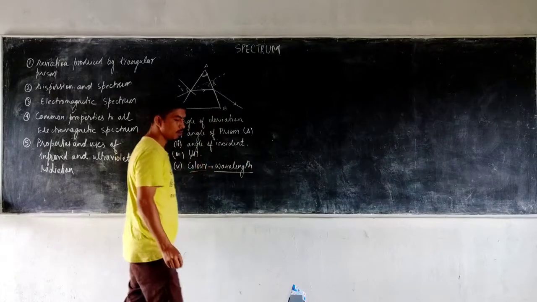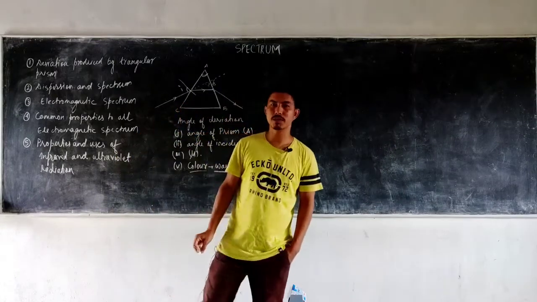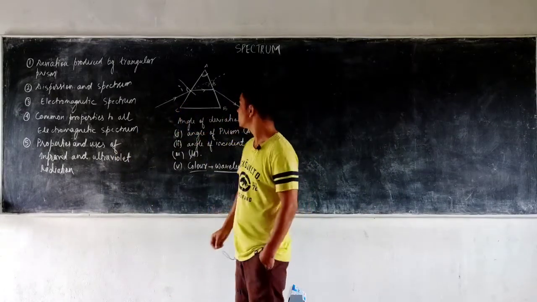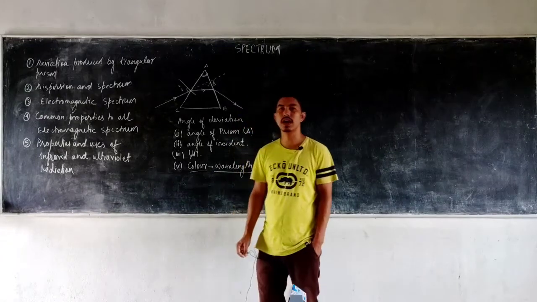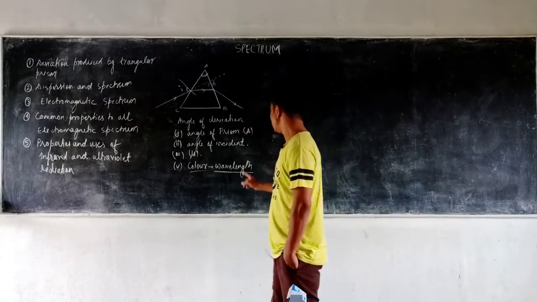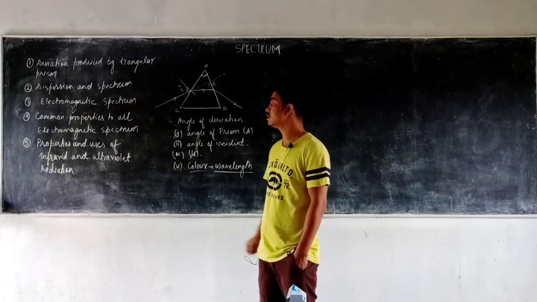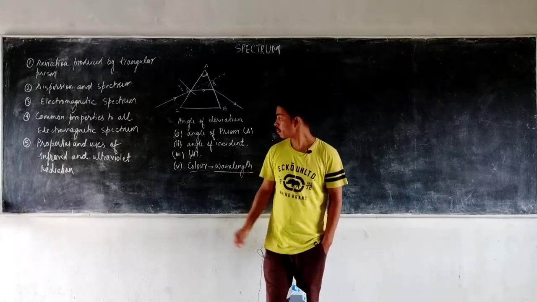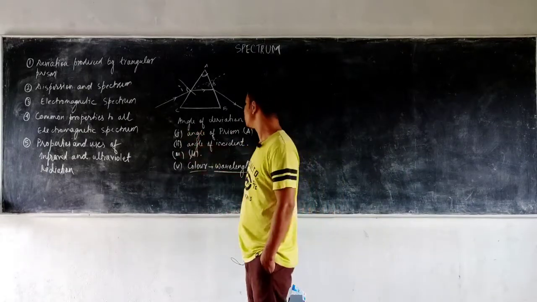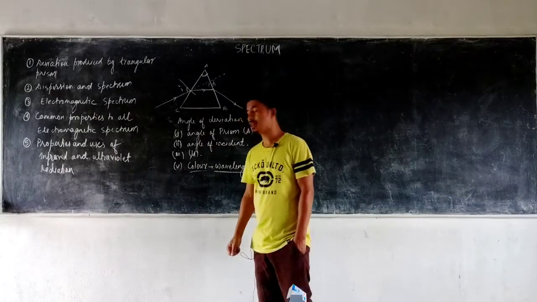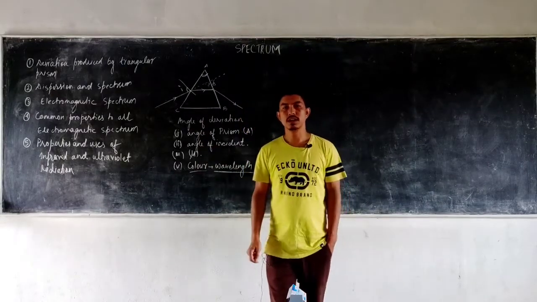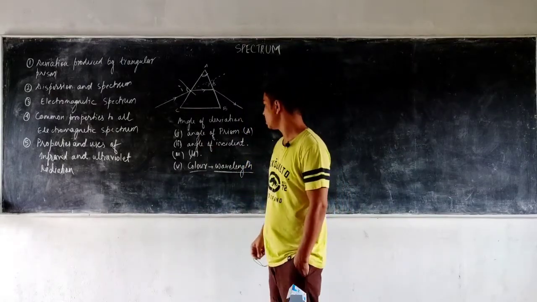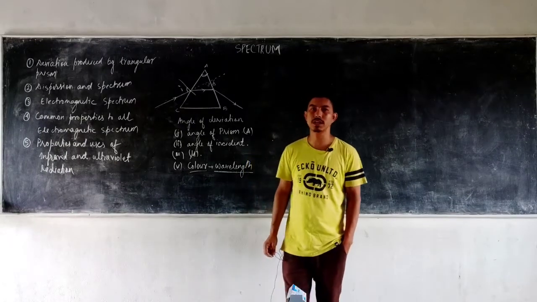How with the wavelength? Inversely proportional. So, the red light deviates the least because the red has the highest wavelength. So, with the wavelength, the angle of deviation is inversely proportional. These are the four factors on which the angle of deviation depends: the angle of prism, the angle of incidence, the refractive index of the medium, and finally, the color or the wavelength of the light which is passing